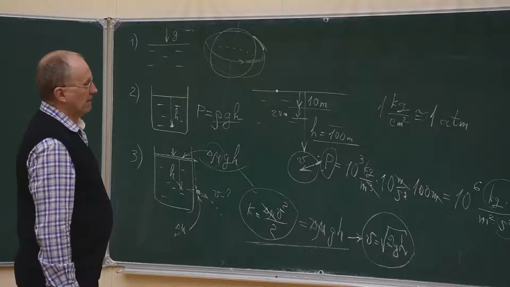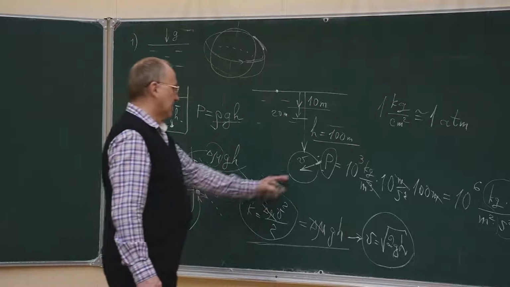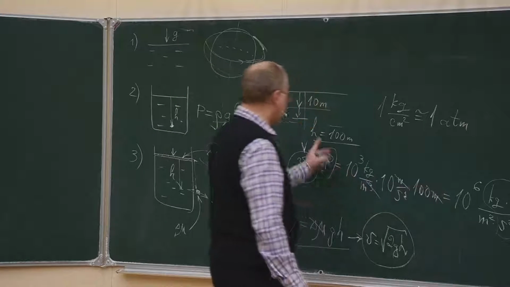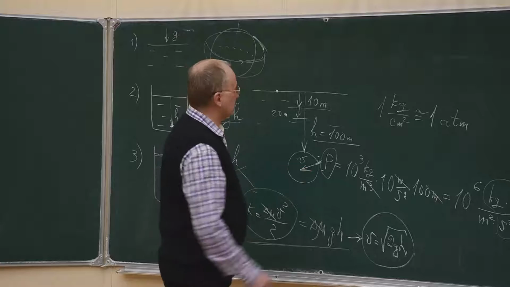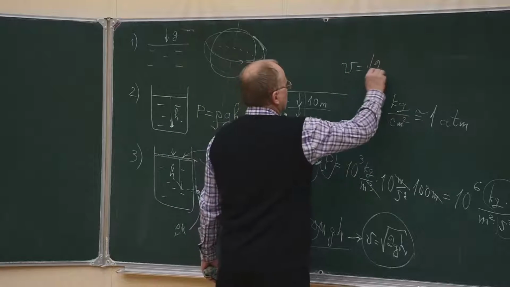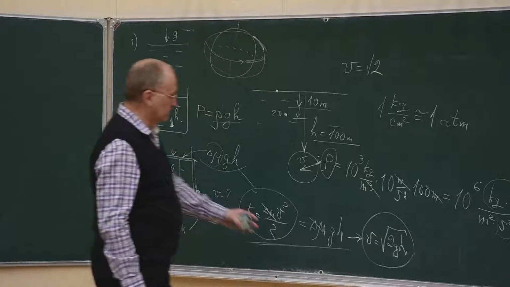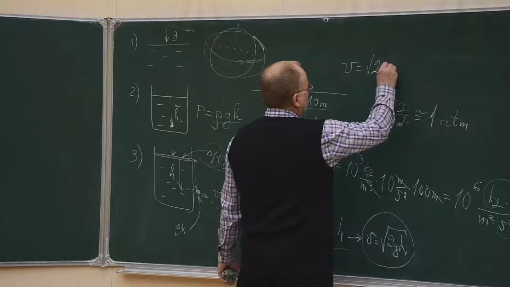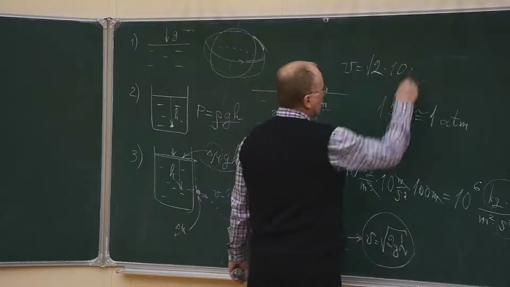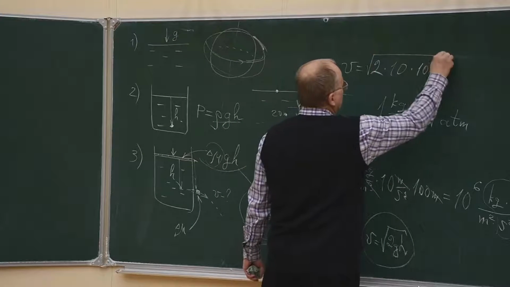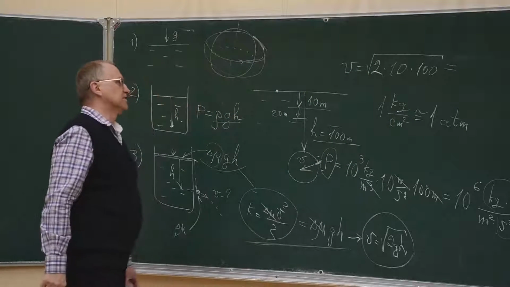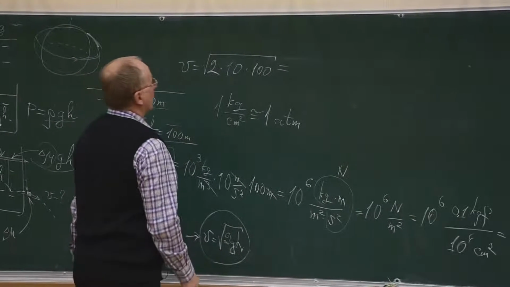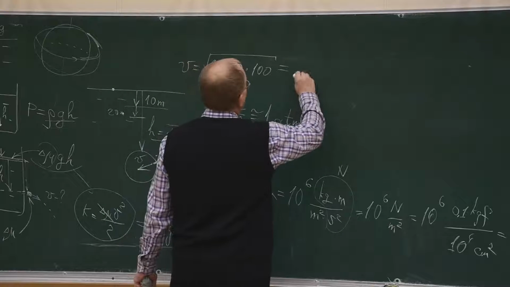As far as the submarine hull is concerned, with a small hole in the hull and the high pressure outside, like 10 atmospheres, we have solved this problem, we have found the water stream velocity, and we can now calculate it. The only thing we need is to know the depth and the acceleration of free fall, which can be taken as 10 in the international system, and h is 100 meters. The answer will be in meters per second. That gives us 2,000, and the square root of 2,000 is about